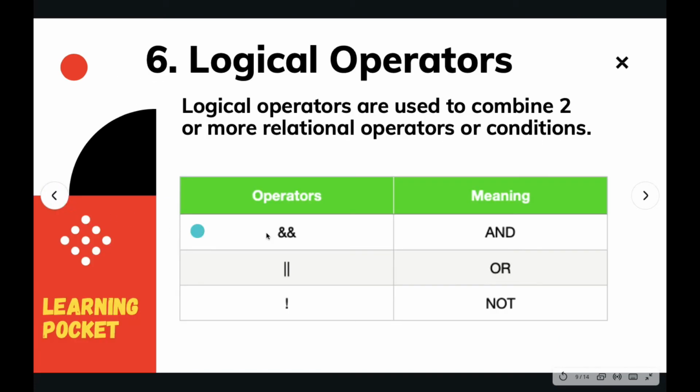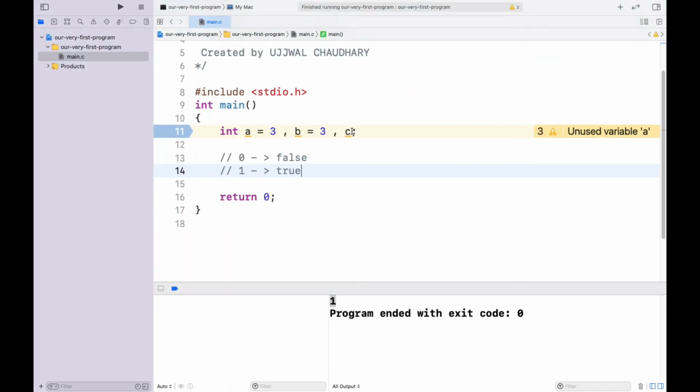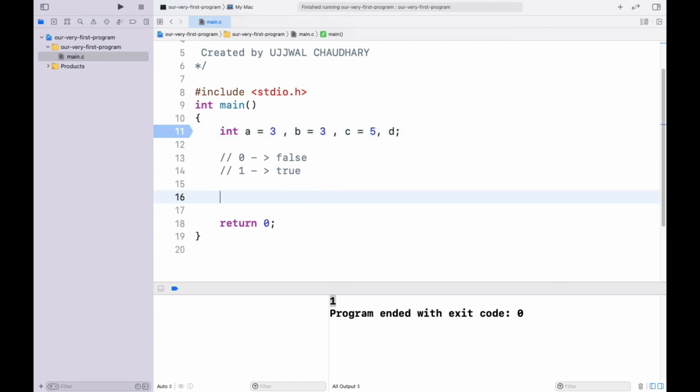Let's write a program for better understanding. Let's take three variables, and one more to store the answer, so we have four integer variables. We are going to store the answer in D. First, I am going to illustrate the AND operator.